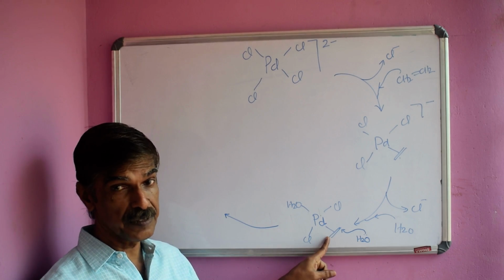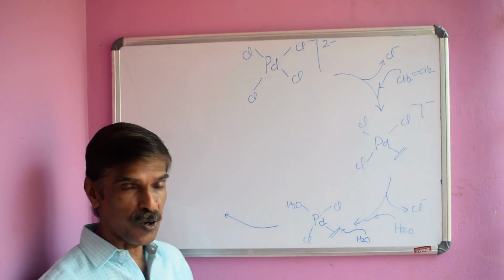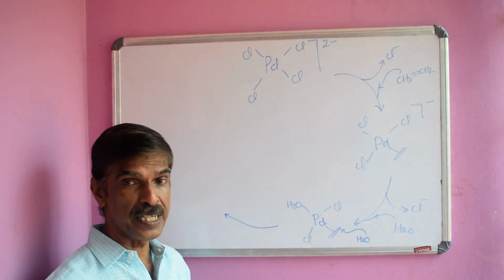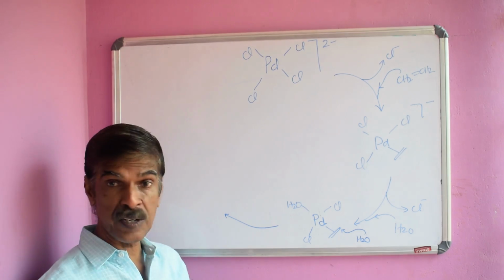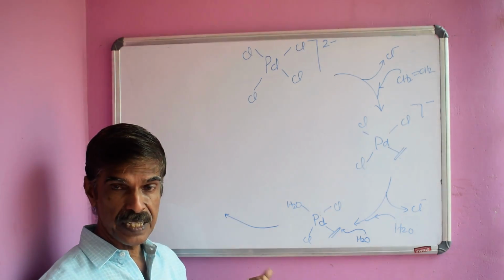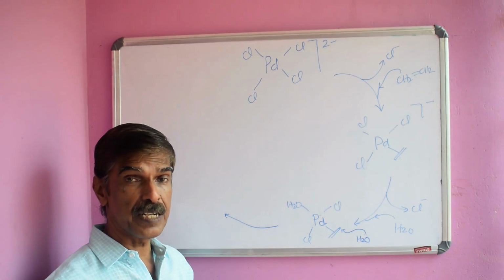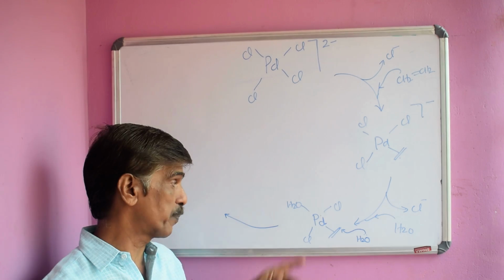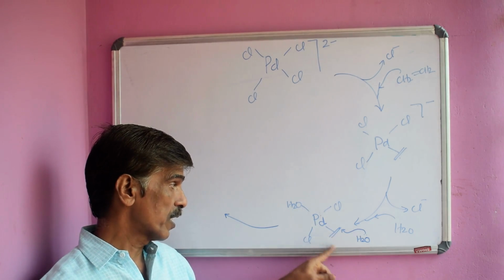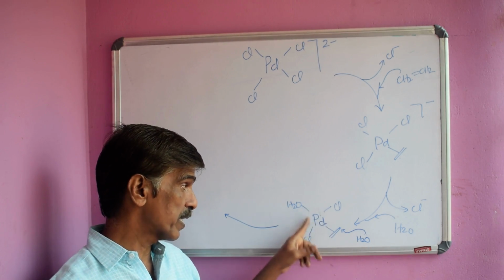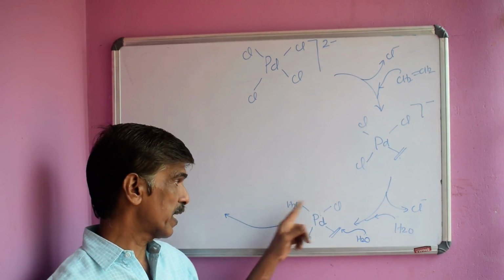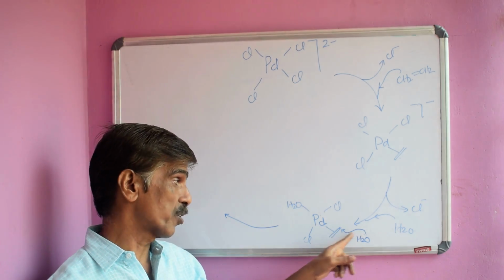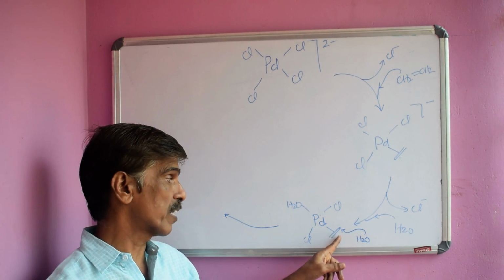We have seen earlier that a coordinated ligand will have different properties from the uncoordinated ligand. You can see the activation by coordination. Some of the ligands are activated by coordination, and can be attacked either by nucleophiles or electrophiles depending on the conditions of electron availability, on the nature of the metal and the other ligands. So here it is attacked by water, a nucleophilic attack by a water molecule, and is converted into